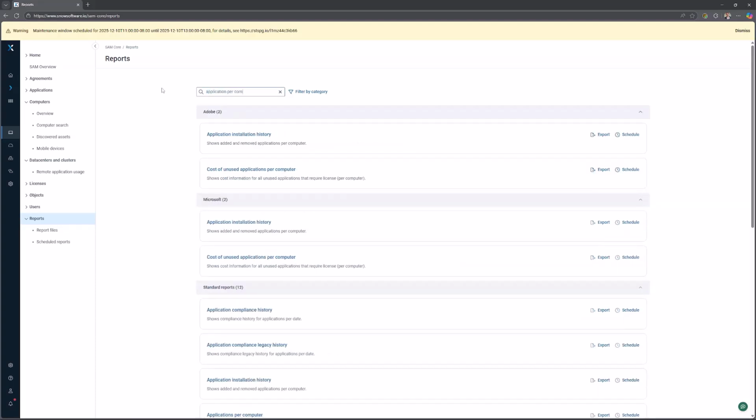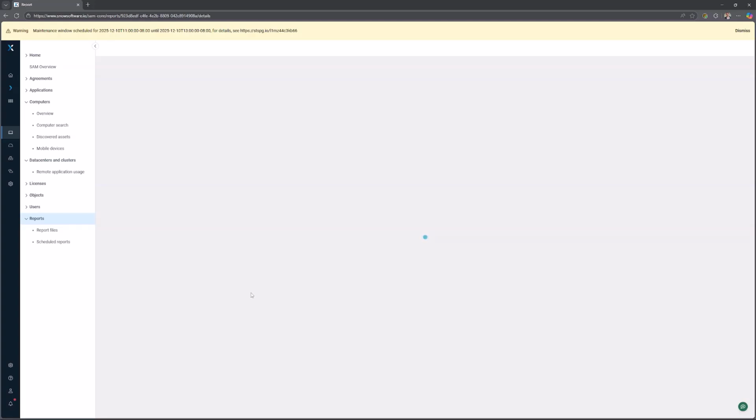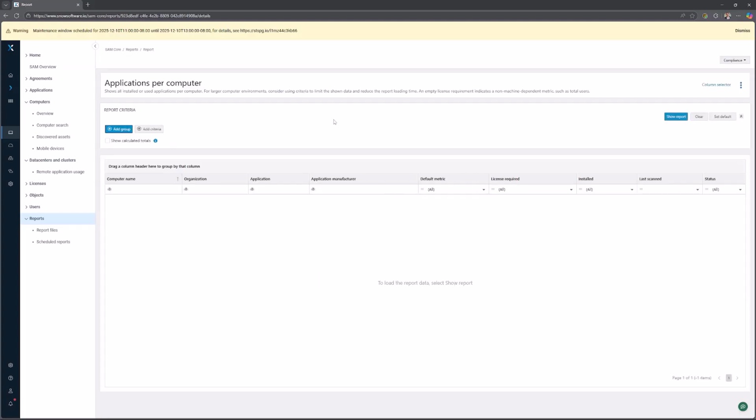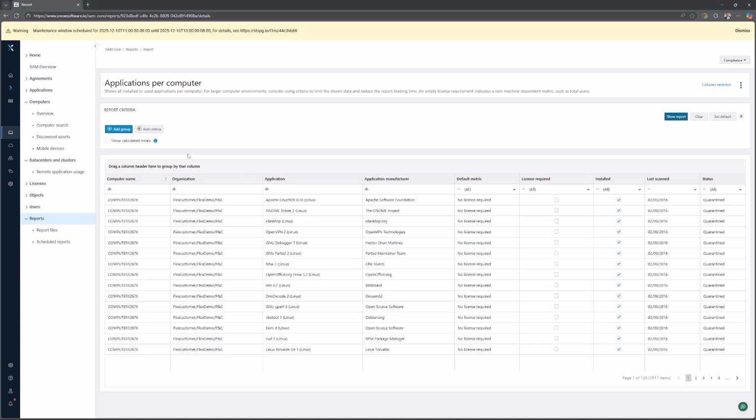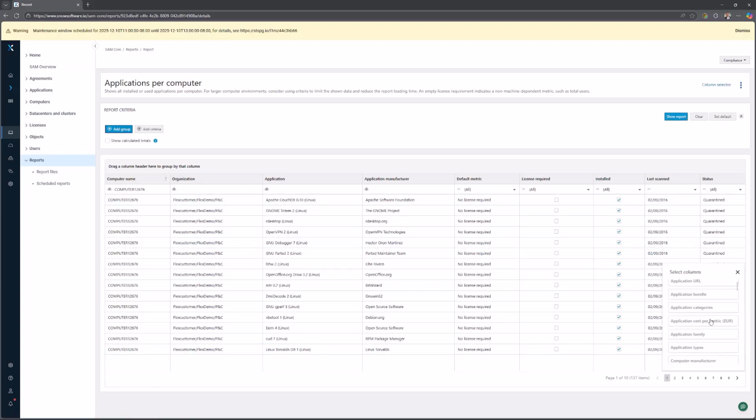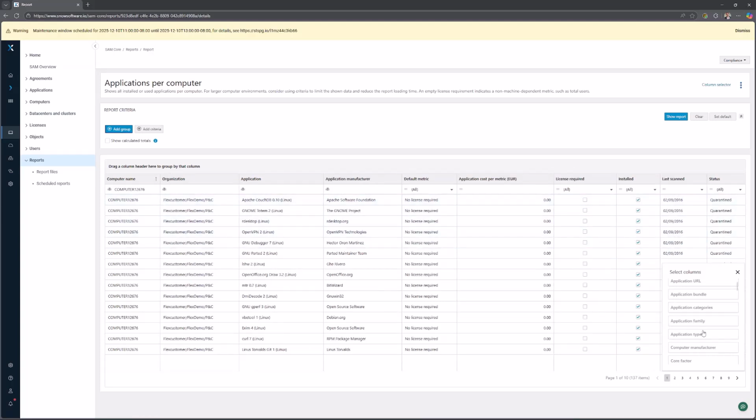So further key things to note is there are a number of reports such as compliance summary, applications per computer reports that will also give you further breakdowns of information into individual applications, individual computers, about how they're being used. For example, if we look at this computer here, we can see it breaks down our individual computer with its applications, and we have a number of columns that we can look to add, such as application cost per metric. In our case, we haven't set this up, but you can get other key information such as expiry dates of applications, IPs, hardware, usage for applications,